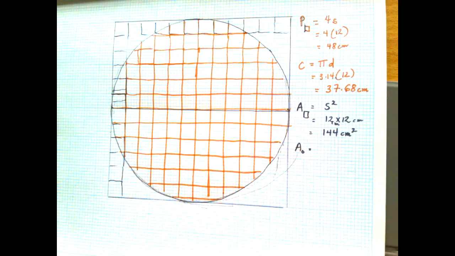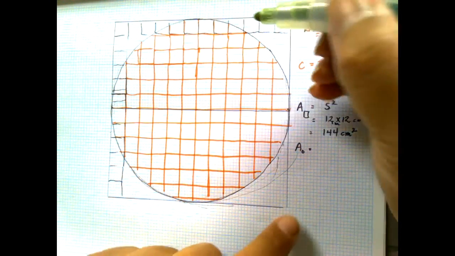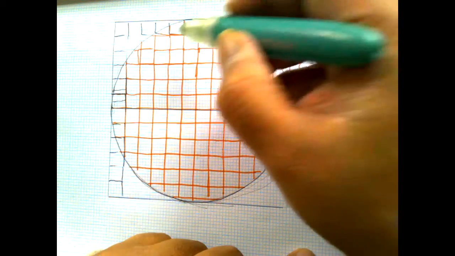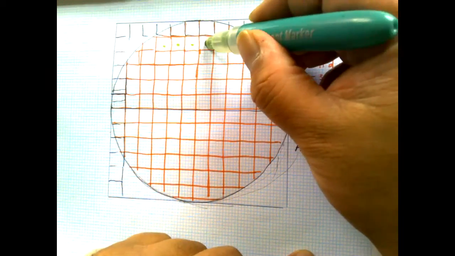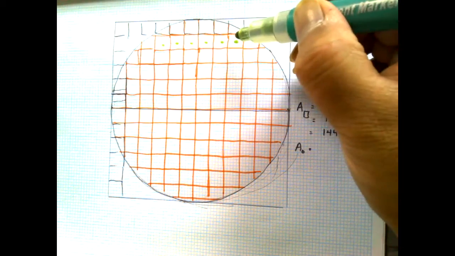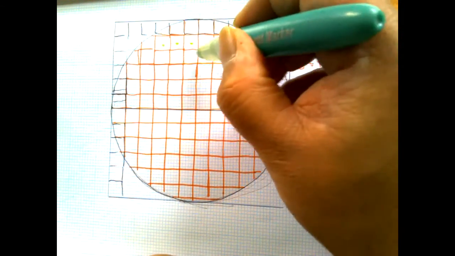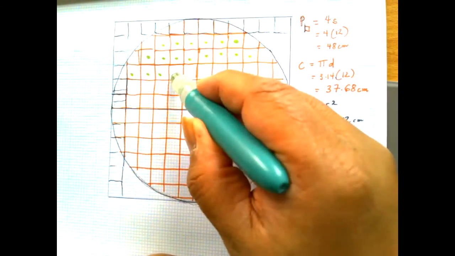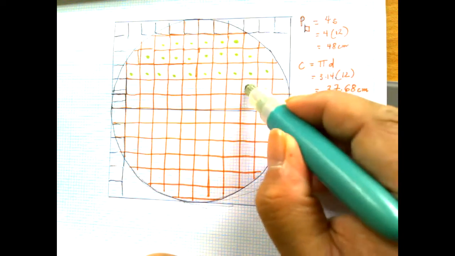Now, let's go through this in a very systematic way. Let's count the number of squares that are clearly one full square. So we have here 1, 2, 3, 4, 5, 6, 7, 8, 9, 10, 11, 12, 13, 14, 15, 16, 17, 18, 19, 20, 21, 22, 23, 24, 25, 26,